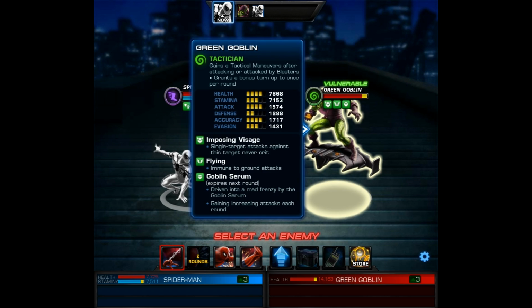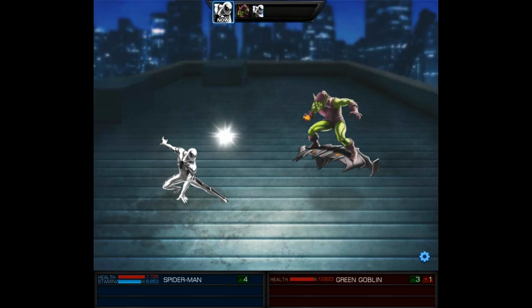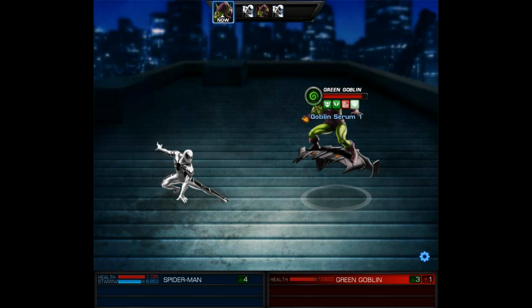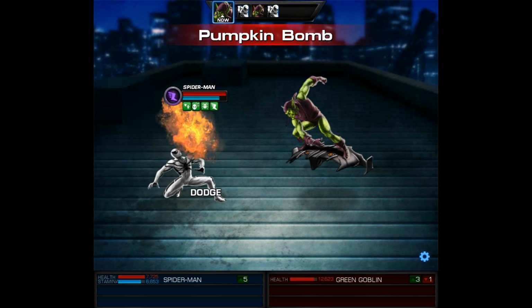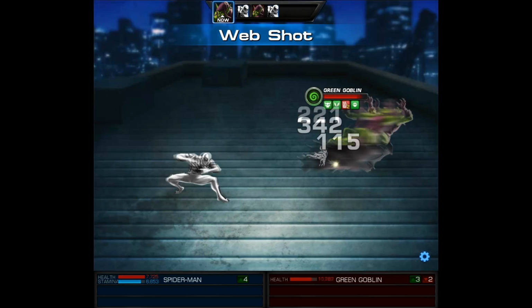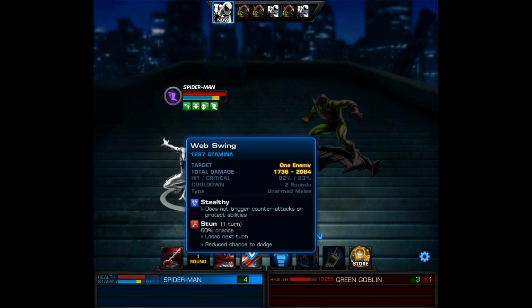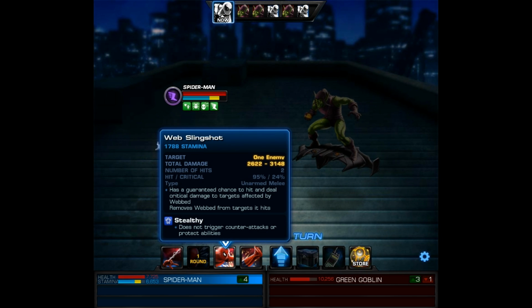So the first thing you want to do with Spidey is use his level 2 Spider Sense. Then you might as well use a web shot, but it really doesn't matter at this point, because when he attacks you, you will counterattack, and that's when you're going to use web shot. So that's going to put webbing on the target. So now he's webbed, and you can go ahead and use his level 6 web Slingshot,